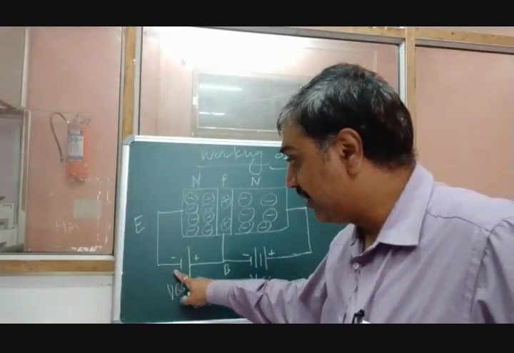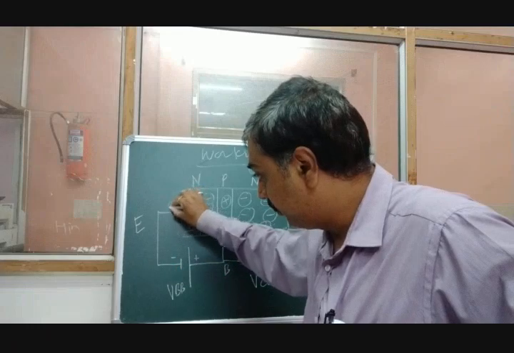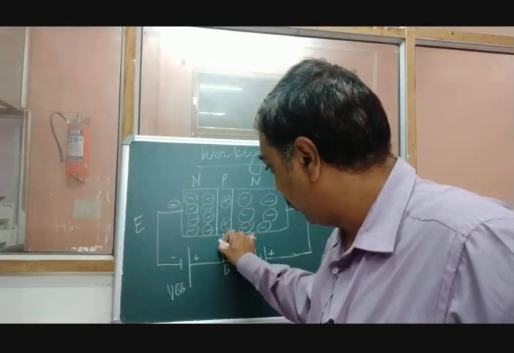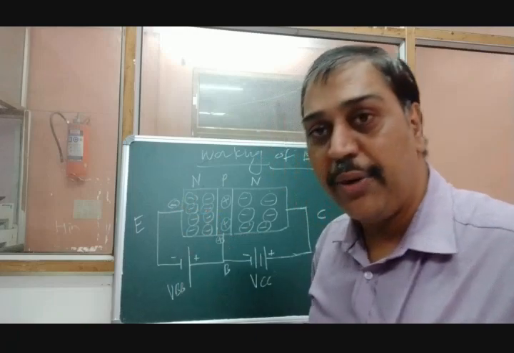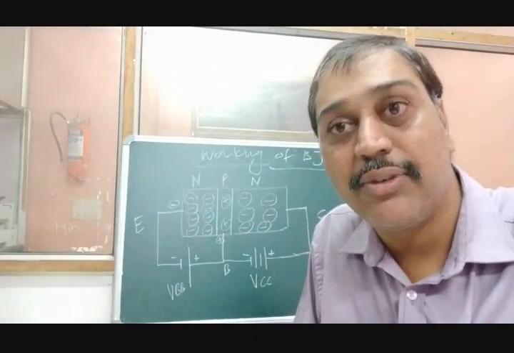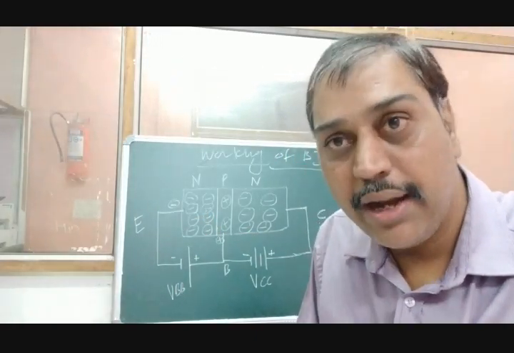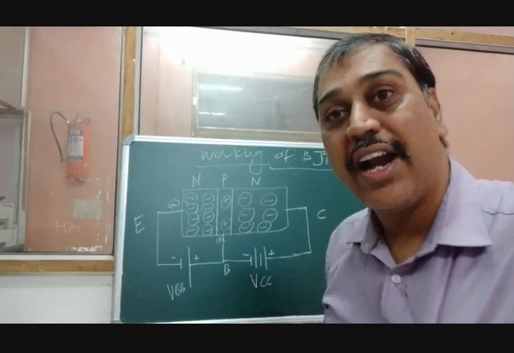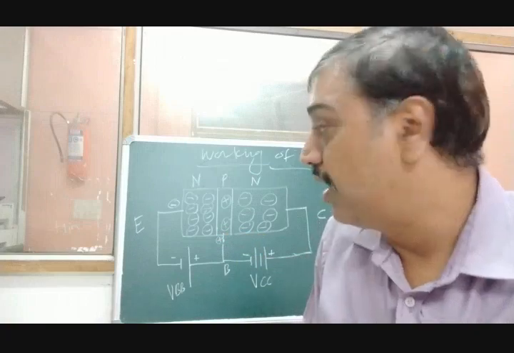As the negative is applied, the negative comes here and the positive comes here. This is the negative terminal of the battery. As this negative and the negative electrons are the same charges, they will repel. At the same time, the positive and the holes, again the same charges, get repelled. Repel where?